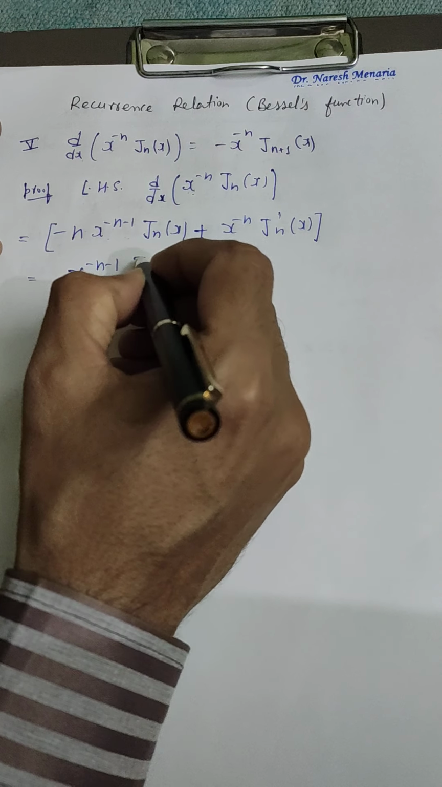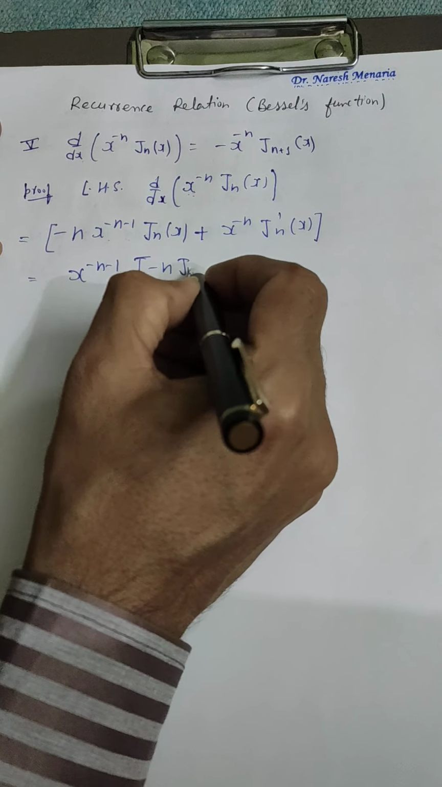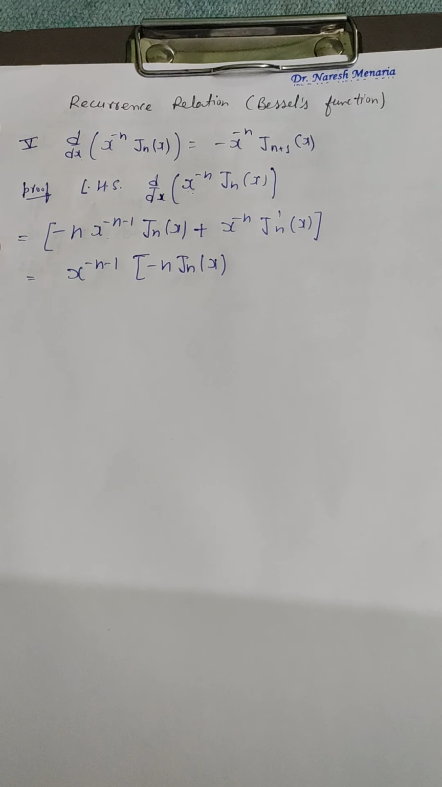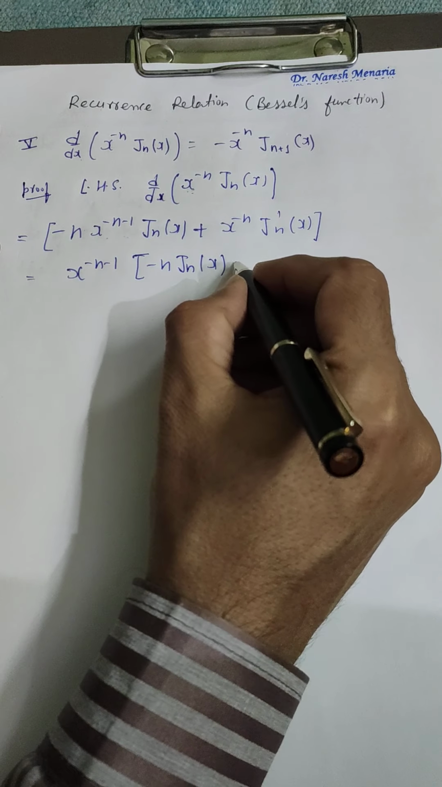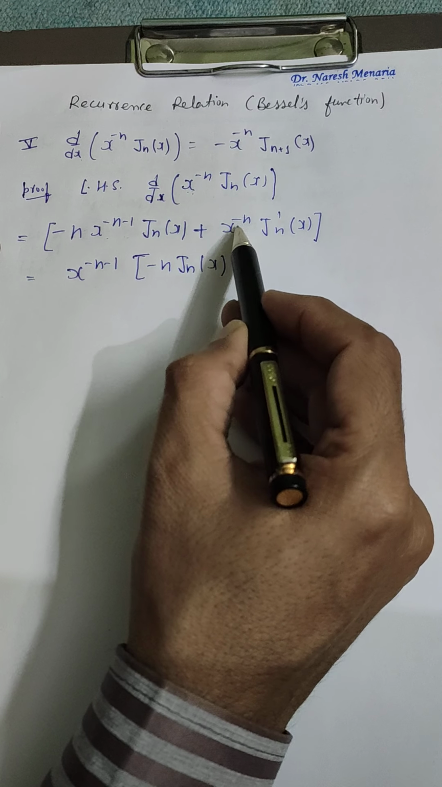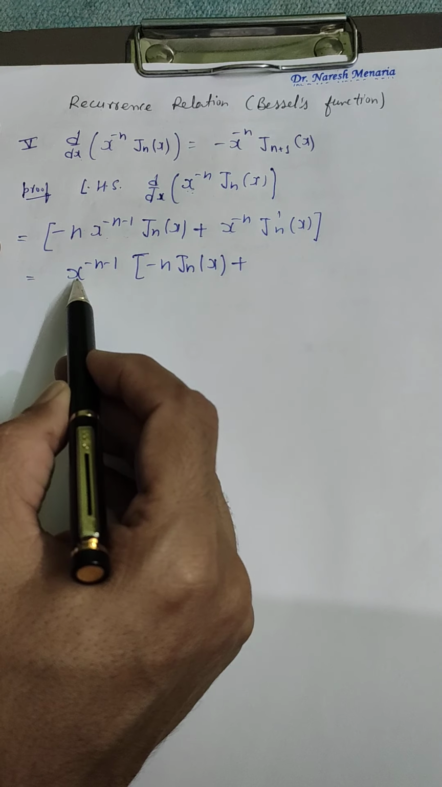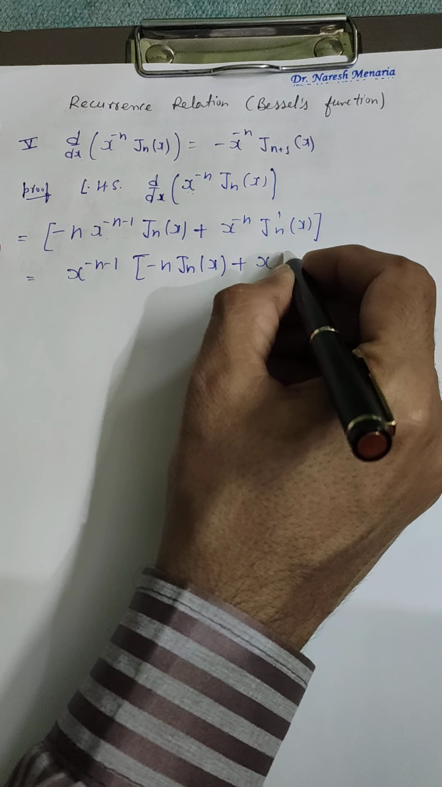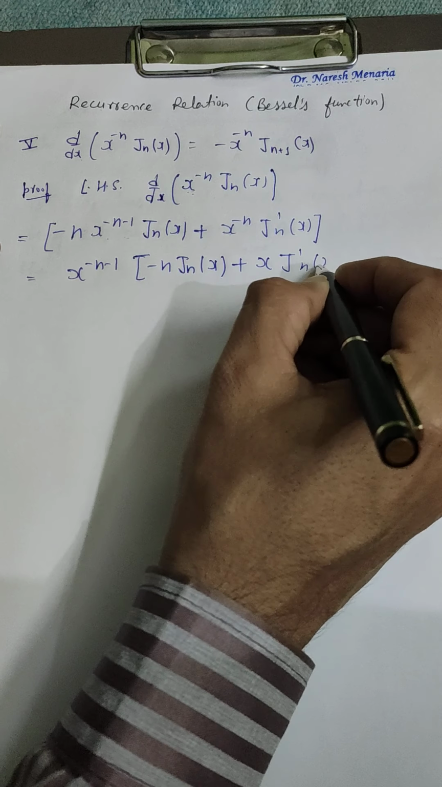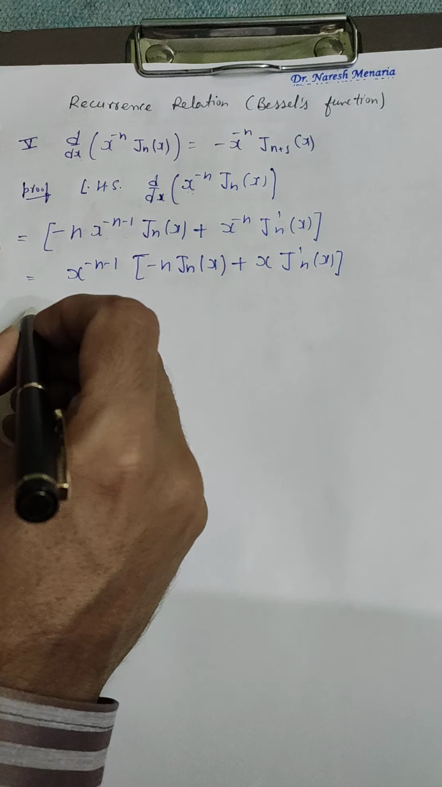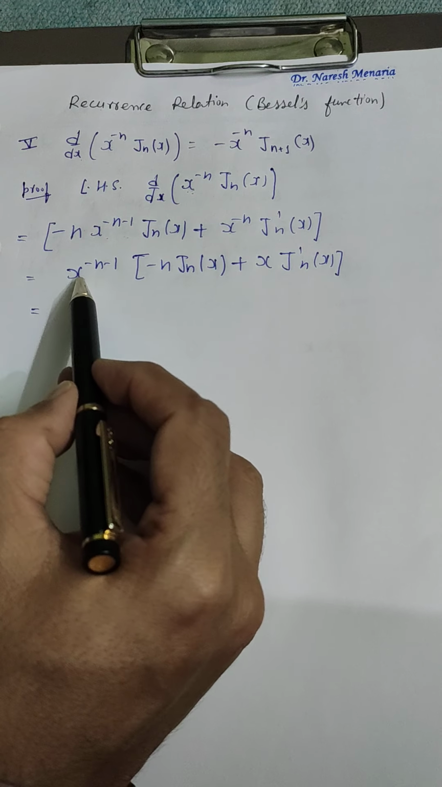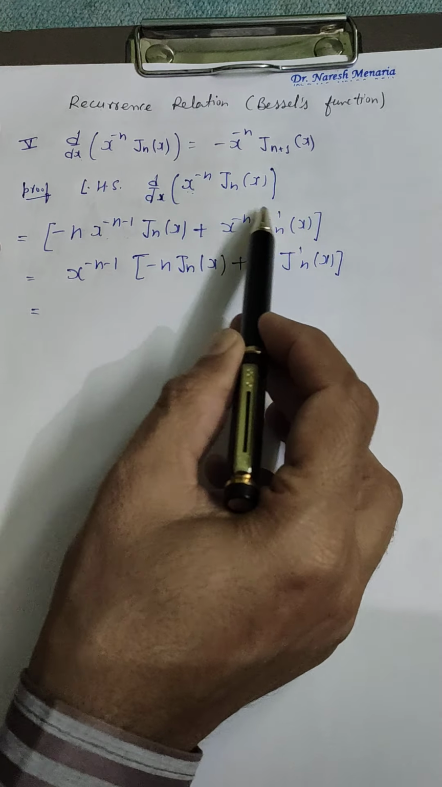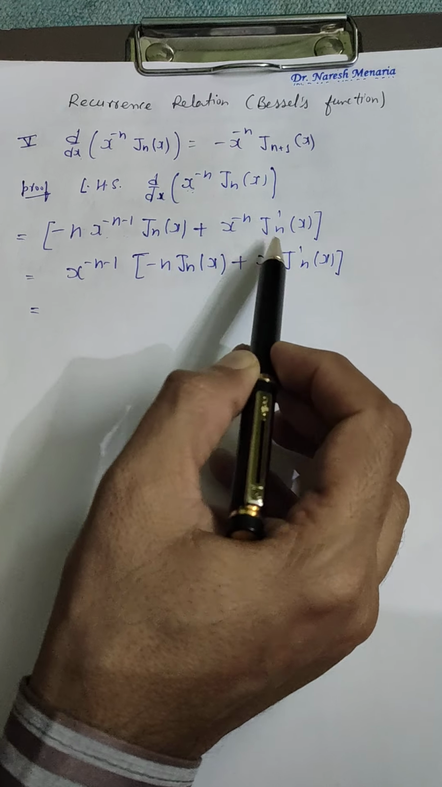So minus n J_n(x), and now here we have only x to the power minus n, and I am taking common x to the power minus n minus 1. So I have here x J dash n(x). Students, why have I taken common x to the power minus n minus 1 when this term does not have it common? Because